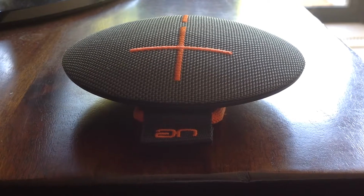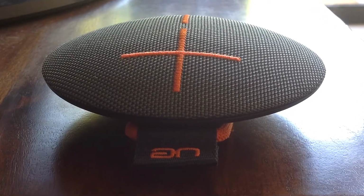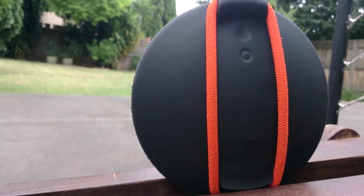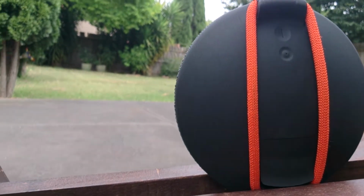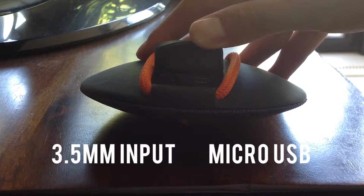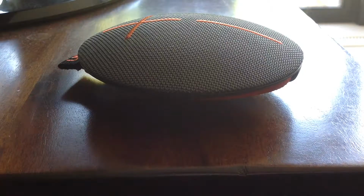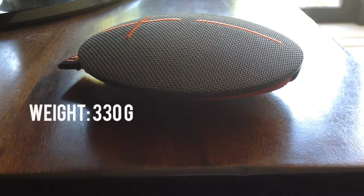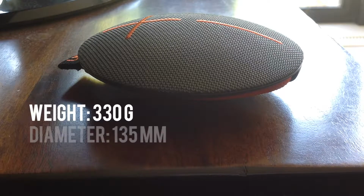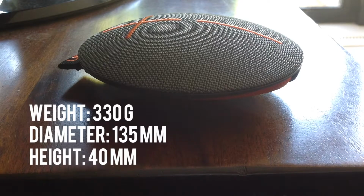The UE Roll 2 has a simplistic and easily recognizable design with two large volume buttons on the front. The back of the speaker is plain, excluding the colored bungee cord and the hidden flap. Under the flap is a 3.5mm input for wired connections and a micro USB port for charging. The Roll 2 weighs 330 grams with a diameter of 135mm and a height of 40mm, making it light and